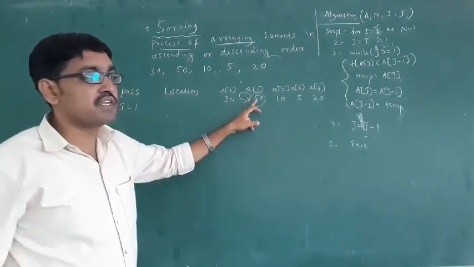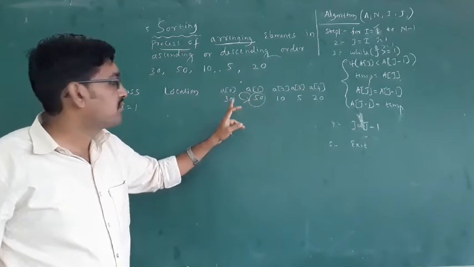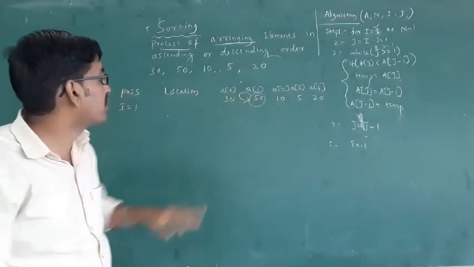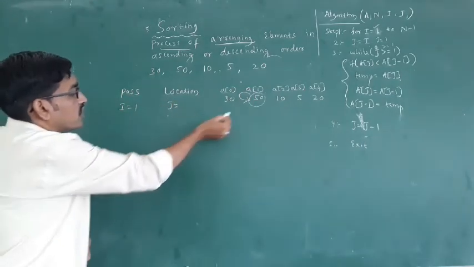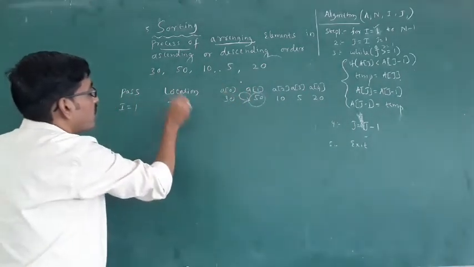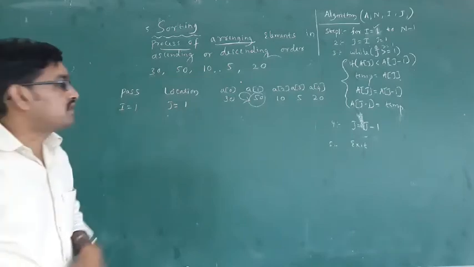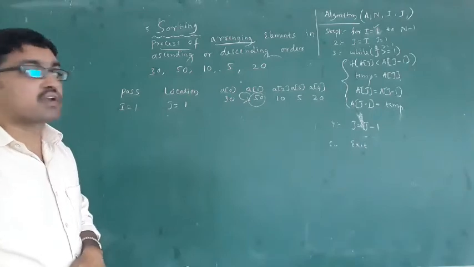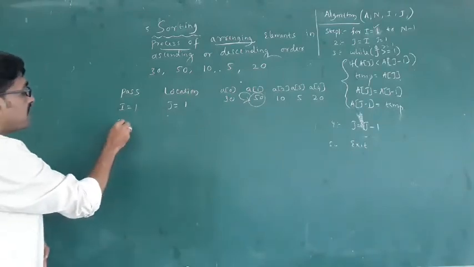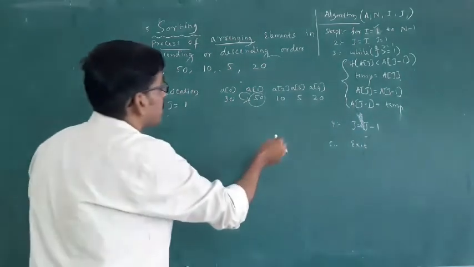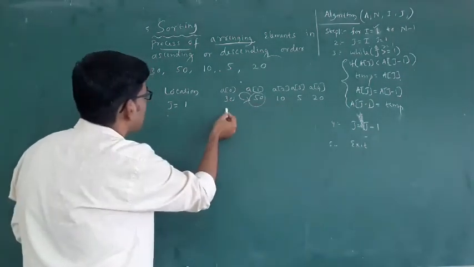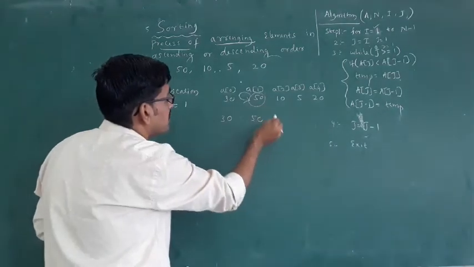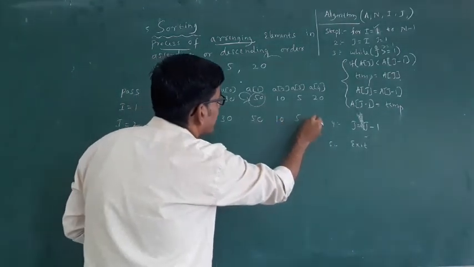Okay, 30 50 just you have to compare, is it correct? First 30 then 50, itself it is sorted, then j equal to 1, itself it is sorted means in a of 1. Okay, j equal to 1, what is its location? Location 1. Okay, next take location pass equal to 2, just you have to round up, then you have to write the sorted element first. Same 30 itself it is sorted, 50, 5, then 20.